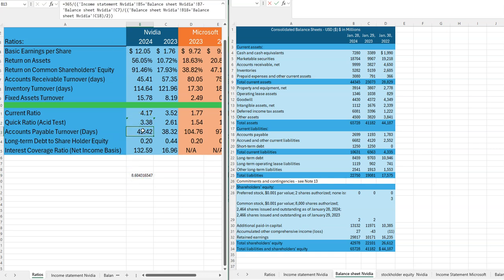I think you took it one step further. You did a days outstanding. So technically everything in this is good. We just need to take this out, it looks like. There we go. So keep in mind there is a difference in accounts payable turnover versus our formula for days